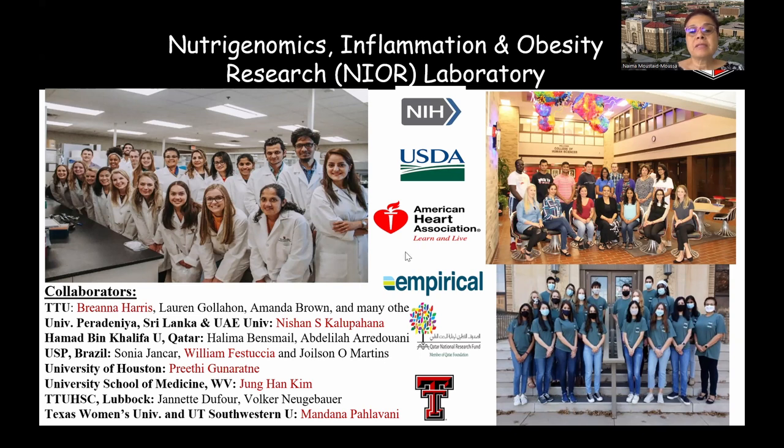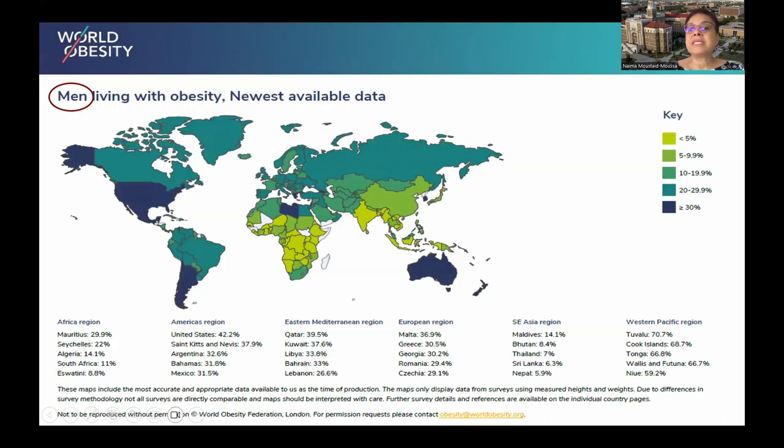So moving on to obesity, as you know, obesity is an epidemic worldwide. And here I show the global map with the prevalence of obesity as shown by the key to the right. The darker the color, the darker the blue, the higher the prevalence of obesity. And you can see here, of course, in the US, we have 42% of the adult population that suffers from obesity, but also we have other areas in South America, but also in Africa or Australia that are affected by obesity.